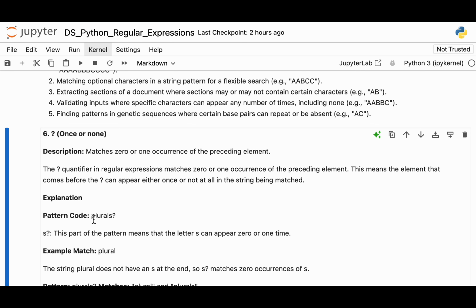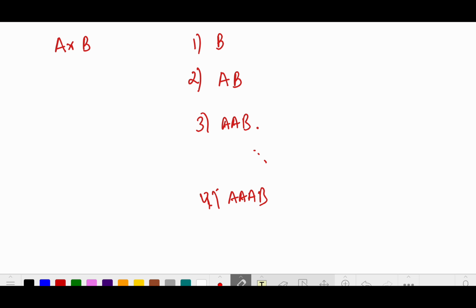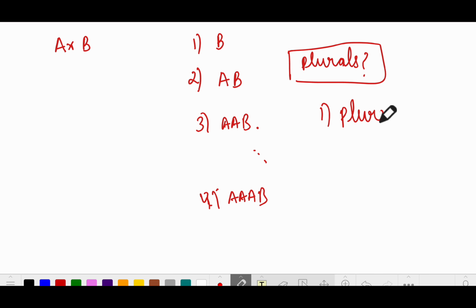So for example, let's say you are using plurals. Let's say this is your pattern, plurals, and you use a question mark. What will this pattern match with? It will first of all match with plurals, because all the others have to be there, and this question mark says that S can be optional, and it will match with plural. So in a text, if you pass this pattern, it will return you all of these two types. Okay,